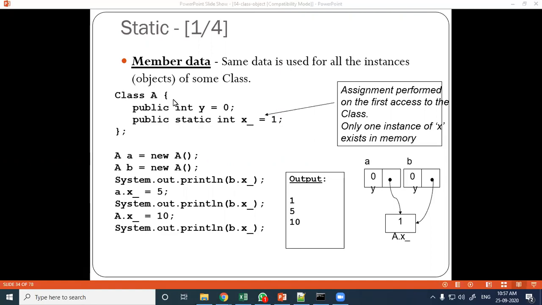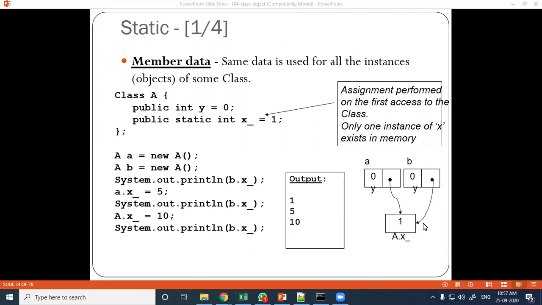Each object has its own data member, that is y is the data member, and x underscore is the static member, which is not reserved by any other object. So it is a separate space.